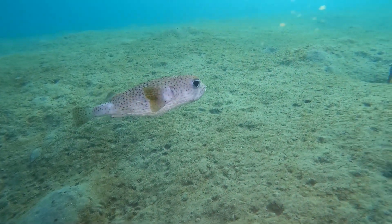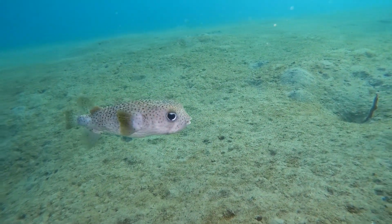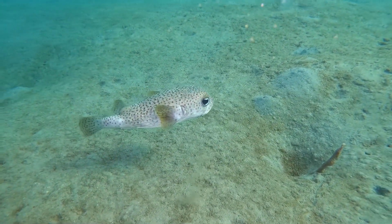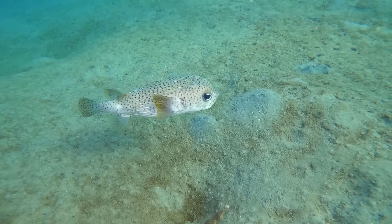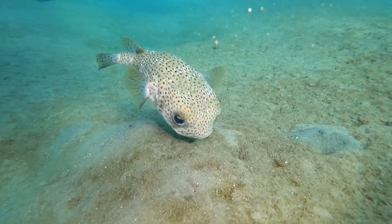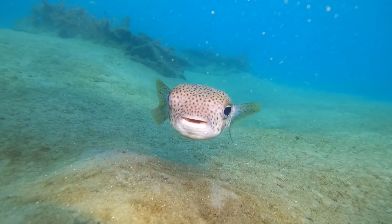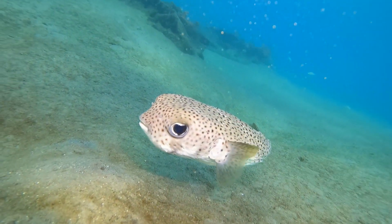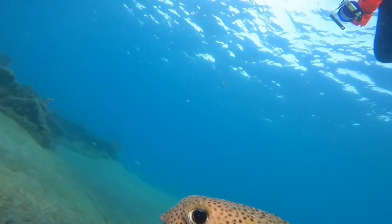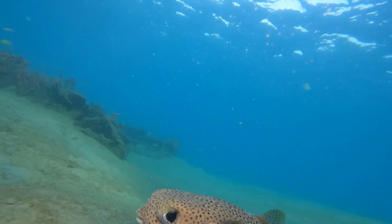I know the number one rule, don't touch, but it was so tempting to grab a hold of him and puff him up like a little basketball. I just wanted to see how big this thing would get. He is huge! I've never seen a puffer fish that big, ever. And then to be swimming with it, I mean...